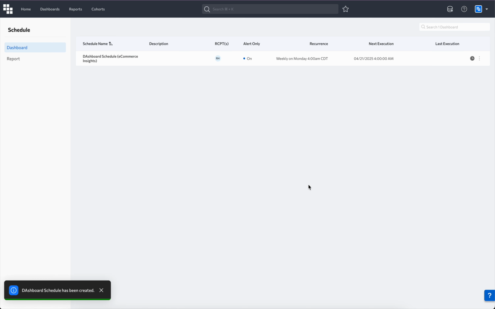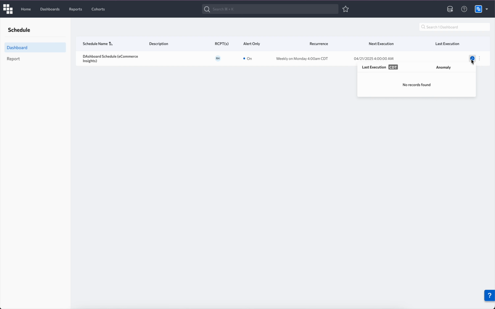I can click create, and now I'm taken to the schedule section of Kubit, and I can see that the schedule has been created, and the next time it's going to run is on Monday at 4 a.m. I can look at execution history when I'm here, as well as make edits to my